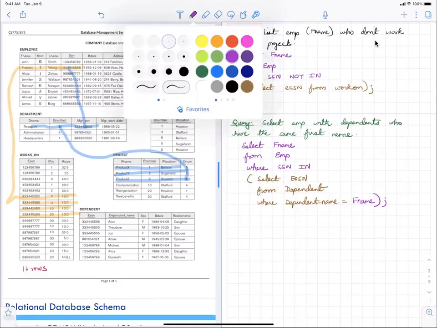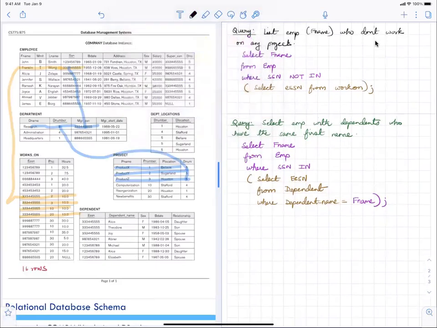So we have this next one. This particular query we've done earlier using the join. So select employees who have dependents who are the same sex as the employee. I've done this using relational algebra, and also I've done this in SQL earlier.